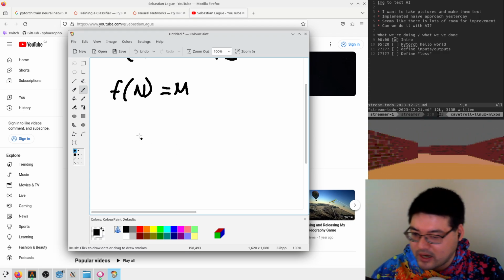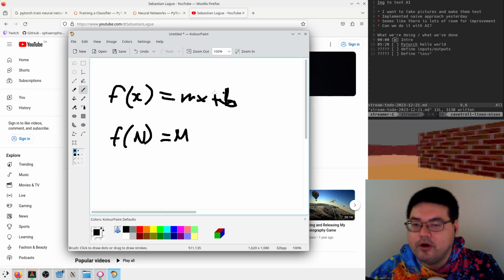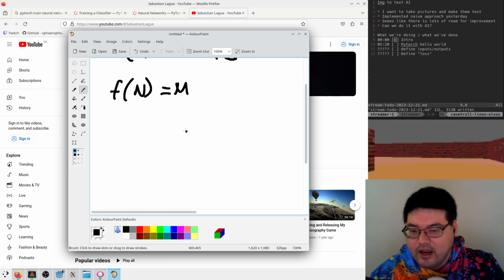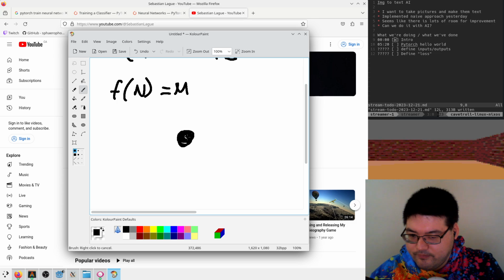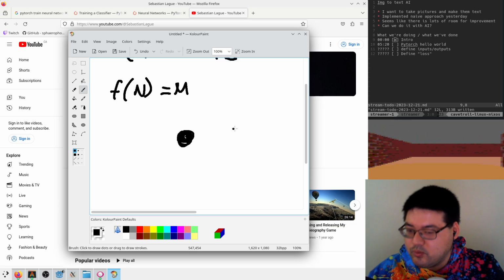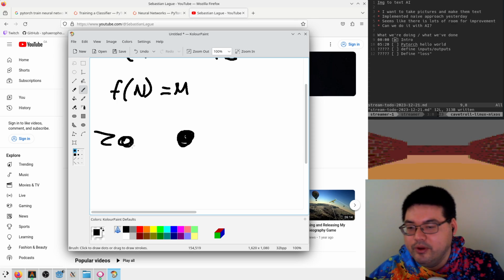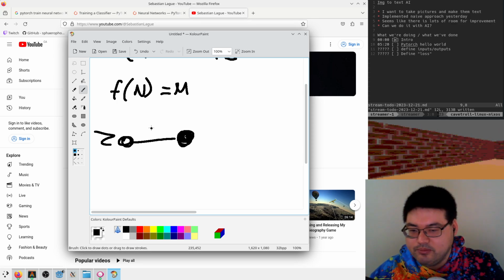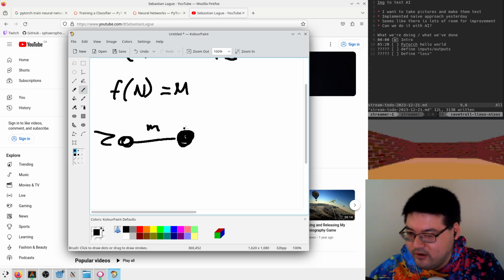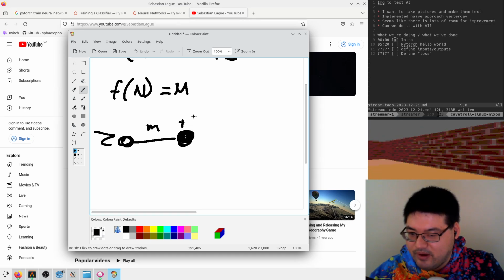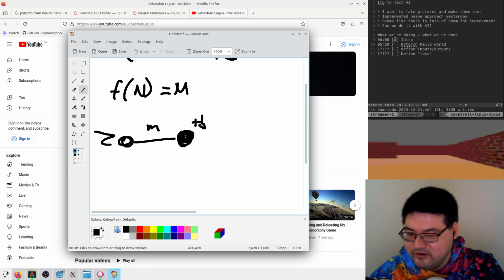People often draw them as graphs, but say I wanted to model a linear function. Well, I have these nodes that can do mx plus b, each of these guys. So each of them will have an input multiplier as well as an offset. Say I have a number 2. I put the number 2 in. It goes into this guy and is multiplied by weight m and then added to bias b,